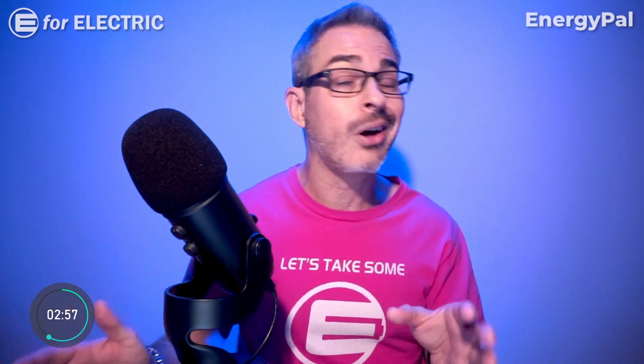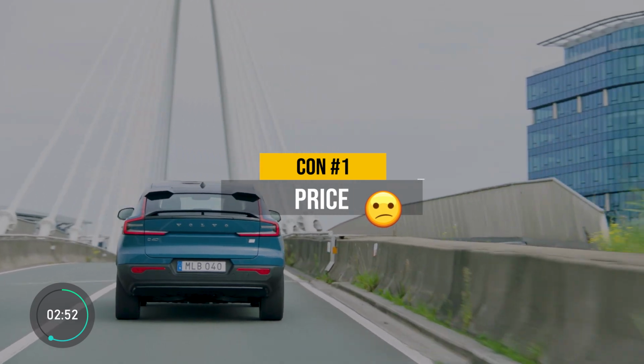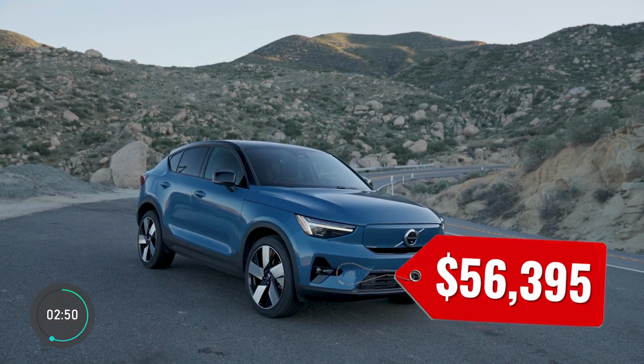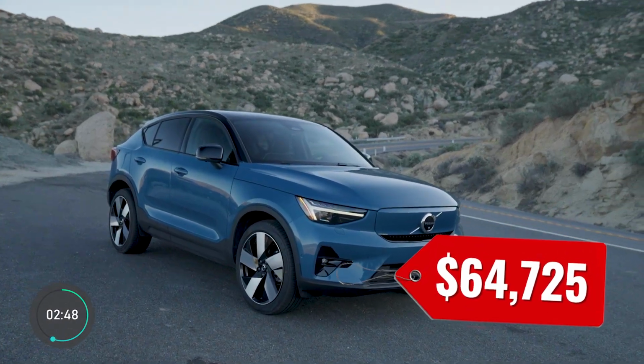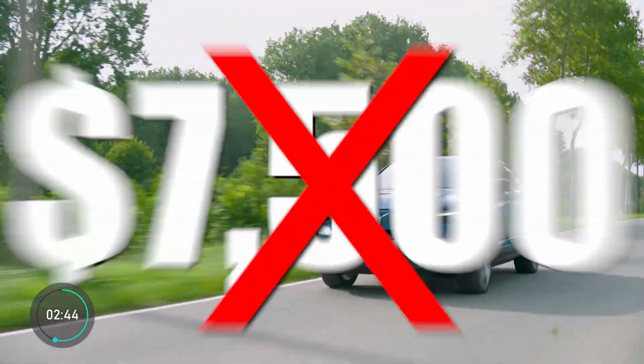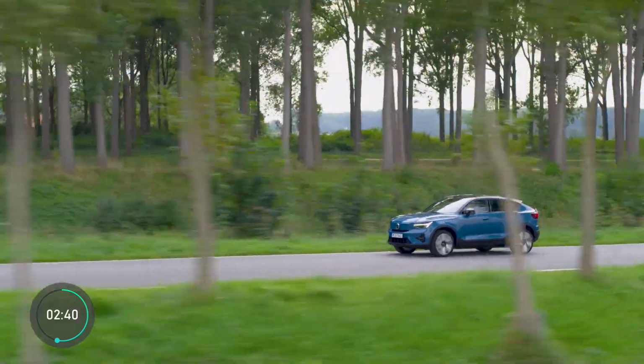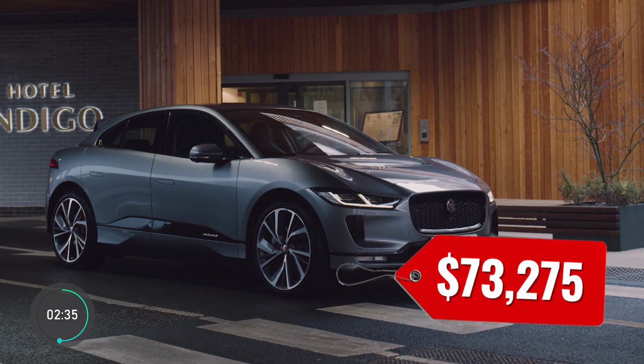Let's move on to the con number 1, and your wallet is not going to be happy to hear this one because it is the price. It starts in mid-50s and caps out in mid-60s, which is on the pricier side for the electric crossovers, and it is not qualified for the US tax credit. That makes it the second most expensive electric crossover in the US, behind only the Jaguar I-Pace at around 73